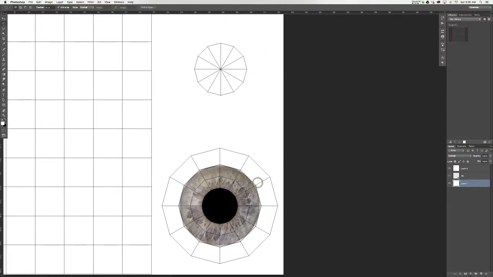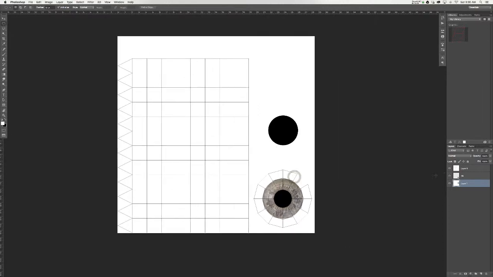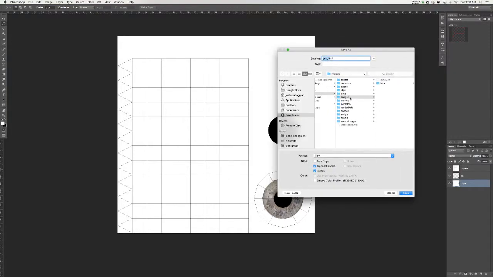Right, on this new background layer, let's do a black fill behind the pupil. All right, and let's just save this and apply this to our object real fast. So I'll just go to Save As. All right, and I'm going to save this to my source images folder. We'll just call this